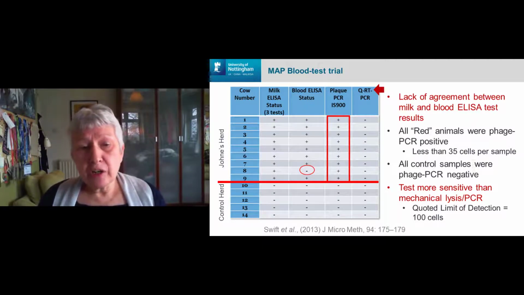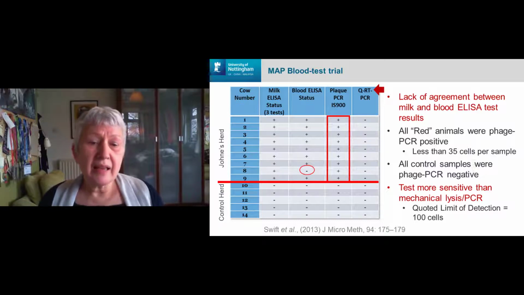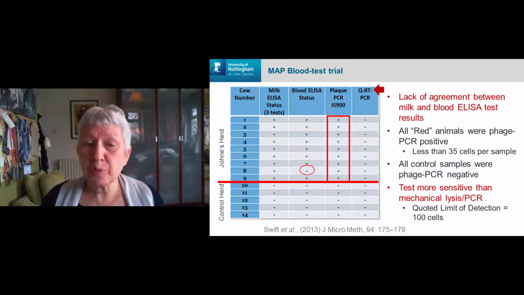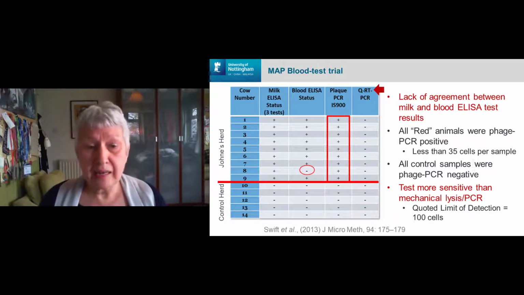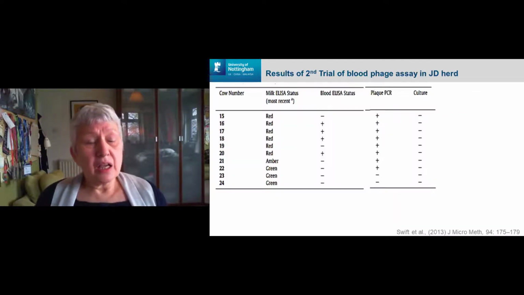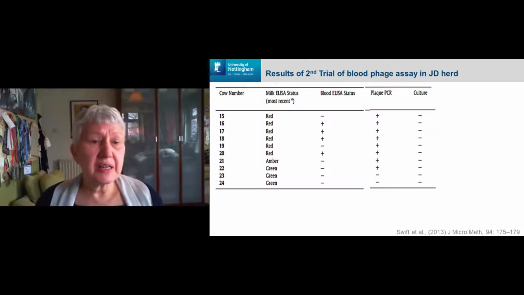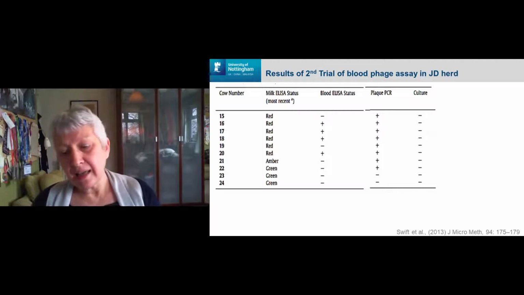But as you look at the test, as I said, these mycobacteria are very difficult to break open by standard DNA extraction procedures, and the quoted limit of detection for that kit was 100 cells. Well, as we've been counting less than that, we knew that the technical likelihood that these would be positive samples was low anyway. So that was just sort of the first snapshot where we went in and chose definitely red and